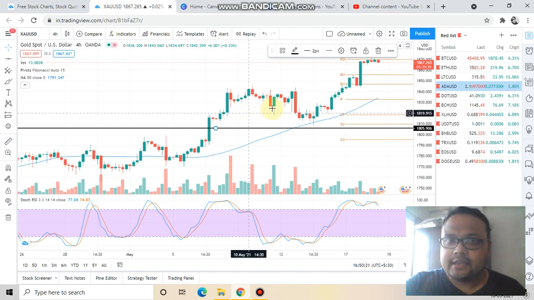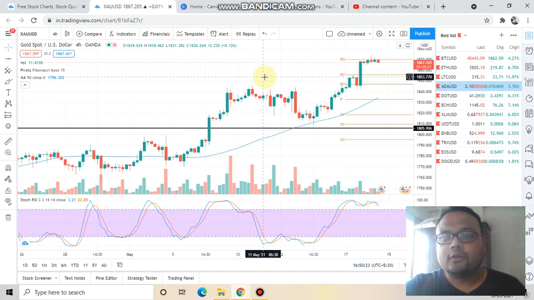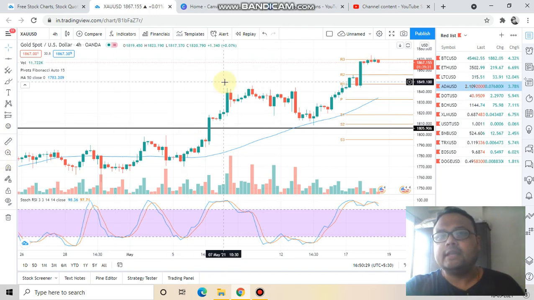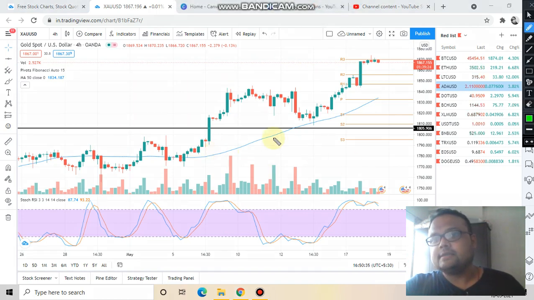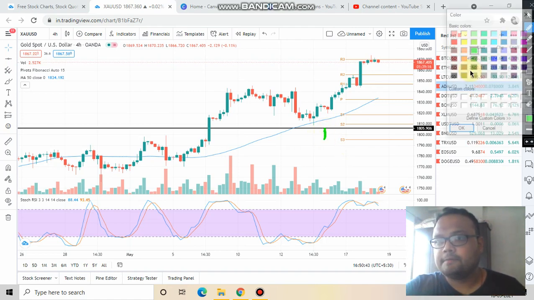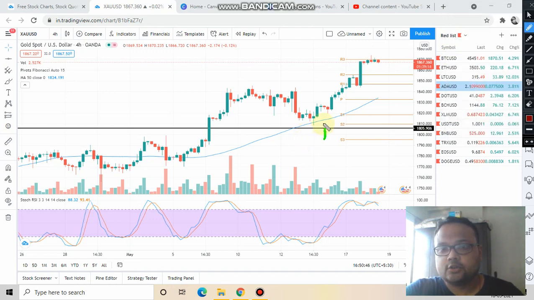And as I always say in my videos, before executing any order, we should always look for the area of value. The area of value in an uptrend market is always near the support. Therefore in this chart, the best area of value and the best trading opportunity is this level. This is our first level, 1805 level.